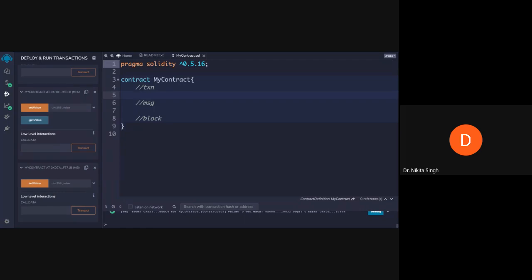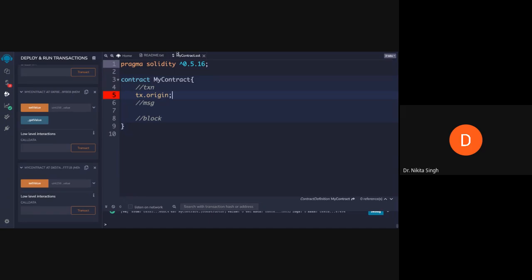The first built-in variable is transaction origin. You can simply use transaction origin and it will tell you from where your transaction has originated.